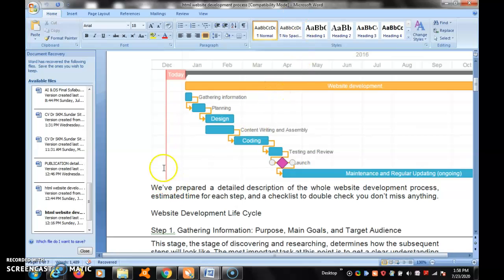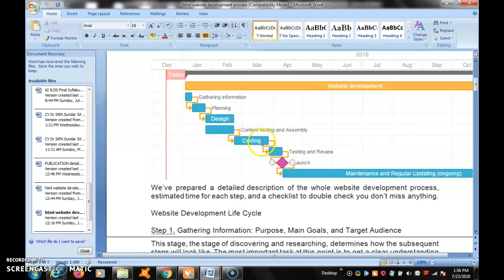Here, gathering information is December to January. Then after that planning: January is planning, and design also starts at the end of January, up to February. Same for content writing and assembly.